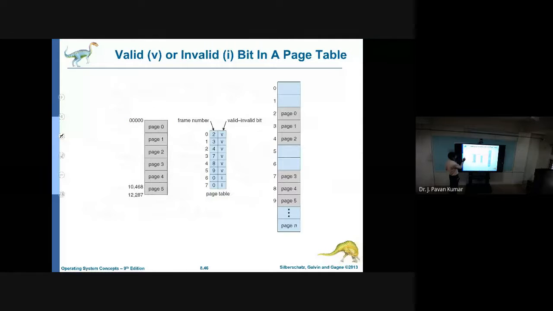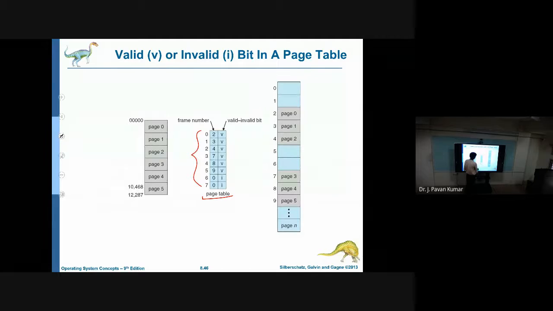Next, this is for protection. Like we have the page table, here we have several entries. Some of these are valid frames, these are valid pages, but these two are invalid. In addition to the frame number, we use one bit to indicate whether the page is valid or not. If you specify V, that is valid; if you specify I, that is invalid.